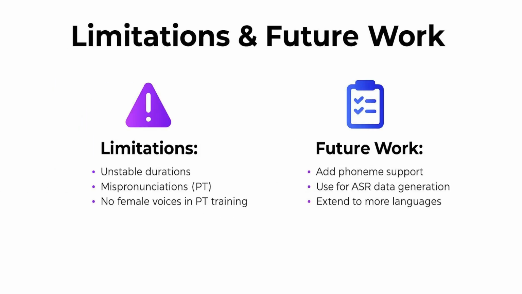So a few limitations to our YourTTS model. First we start with unstable durations, or let's say our timing comes from the SDP, the stochastic duration predictor. At training time, we align it with the monotonic alignment search, which gives a single hard target per token. But at inference, there is no MAS.